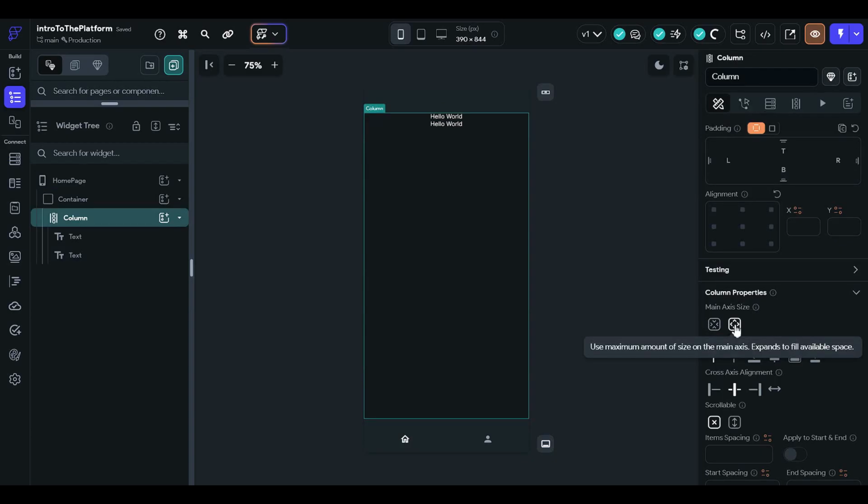So what are these options? This option will allow you to use the maximum amount of space on the main axis, and it expands to the available space. It doesn't matter how much space is available there, it will expand and fill the column with all the available space. The next one uses the minimum amount of space. Like if you have two containers, both of them having a total of 50 pixels in the width,